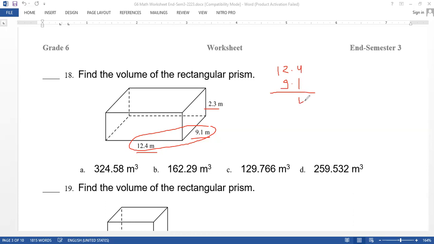1 times 4, 4. 1 times 2, 2. 1 times 1, 1. I put the 0 here. 9 times 4, 36. 9 times 2, 18 plus 3, 21. 9 times 1, 9 plus 2, 11. Now I add them. 4, 8, 2, 11. I ignore the points. Then I multiply this number